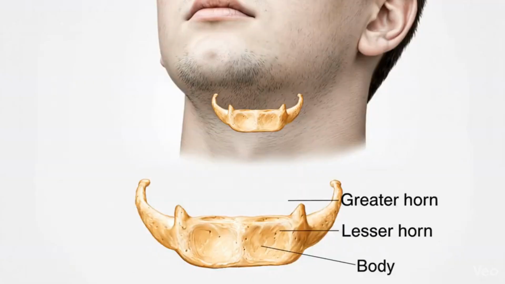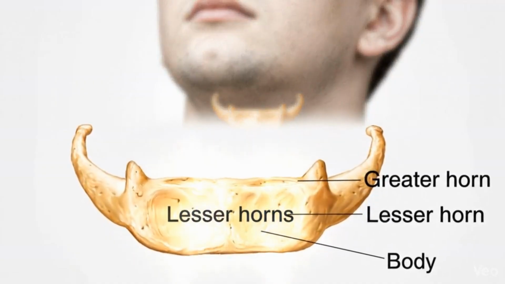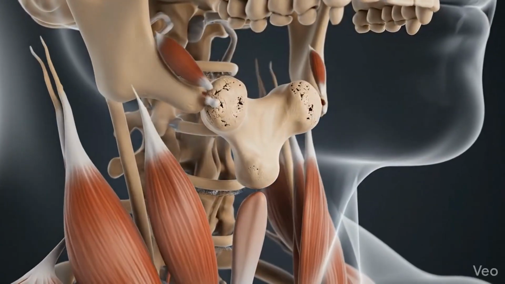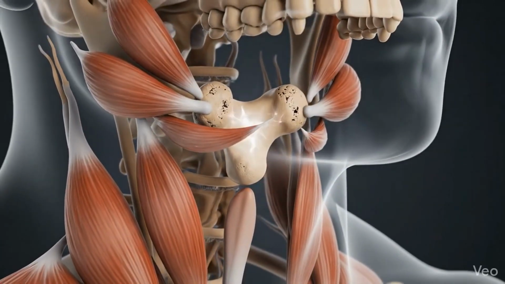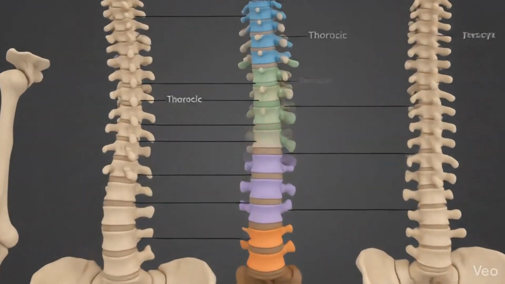Hyoid bone, not considered a skull bone, located above the larynx, point of attachment for many tongue and neck muscles, does not articulate with any other bone in the body. Unique feature. Now that we've finished the skull,